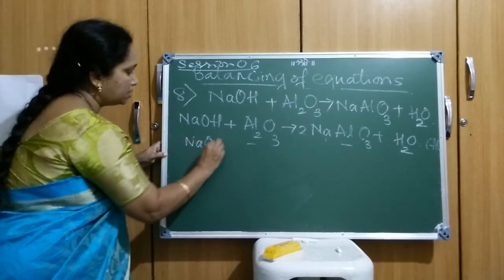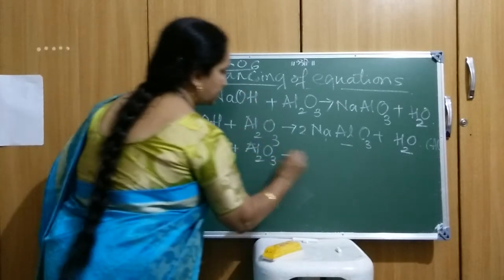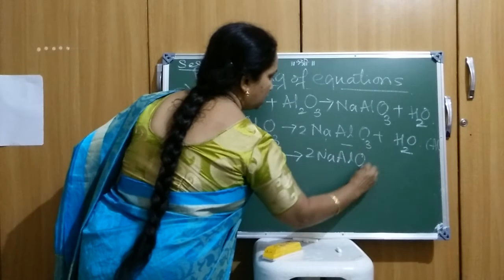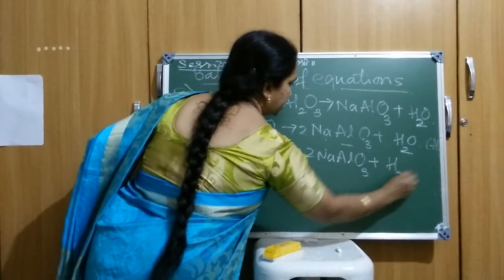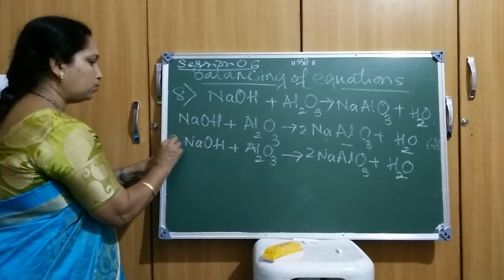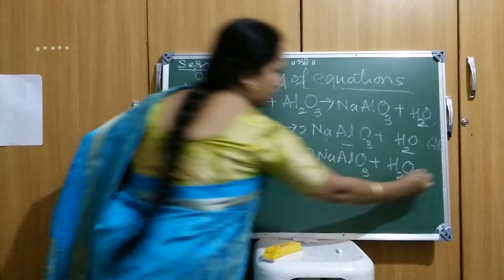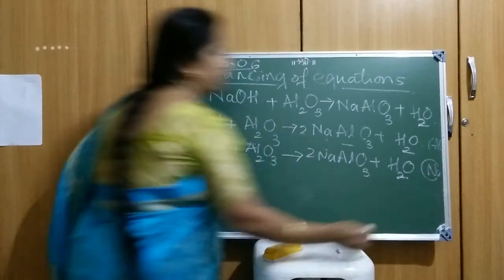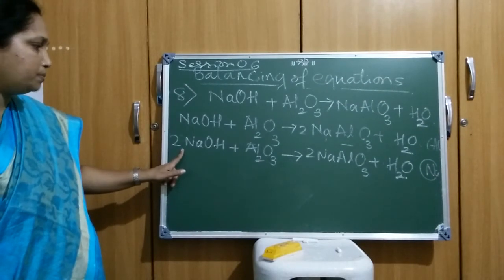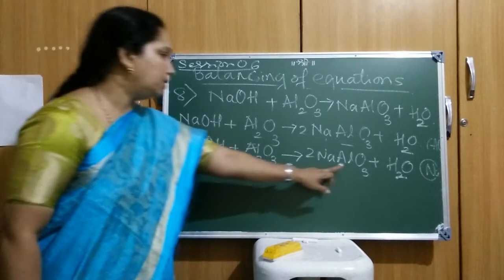As it is equation, sodium hydroxide, Al2O3 aluminium oxide gives 2 NaAlO3 plus H2O. So what I'm supposed to balance over there now? Sodium. So I'll write down here 2. As a 2 sodium, 2 sodium. So I think it is a balanced sodium. It is a balance now. In the next step, I have balanced the sodium. Okay. Now if you observe here, 2 sodium is there, 2 sodium is there, 2 aluminium, 2 aluminium.